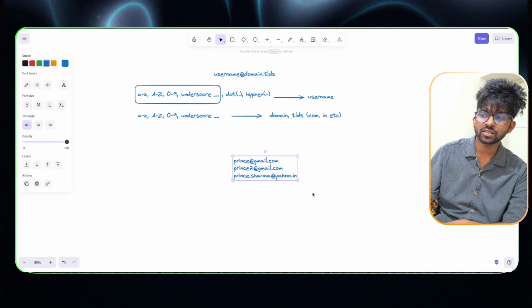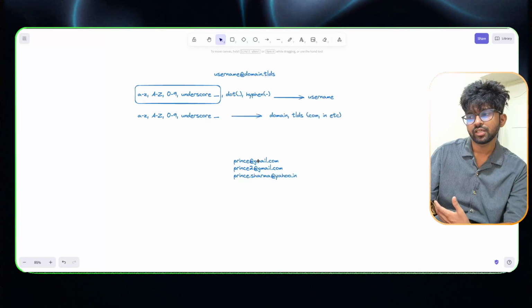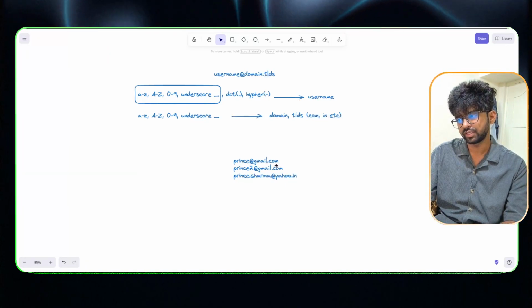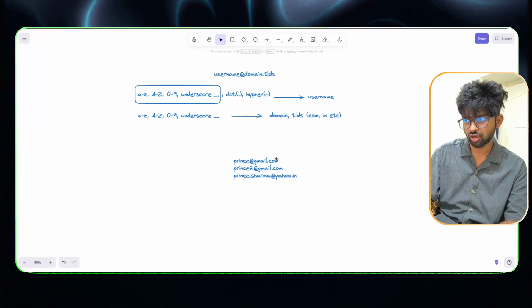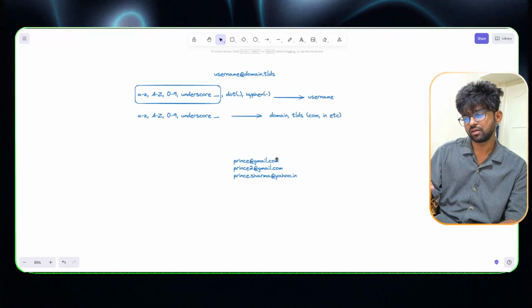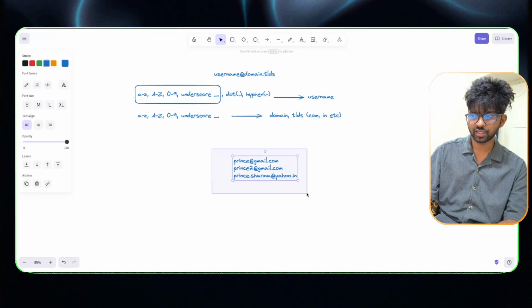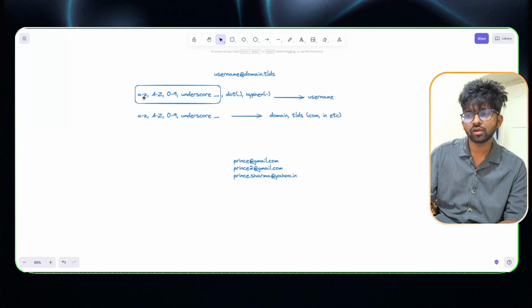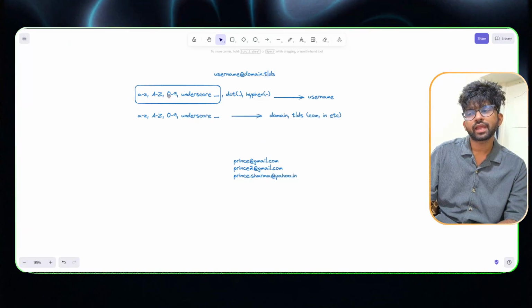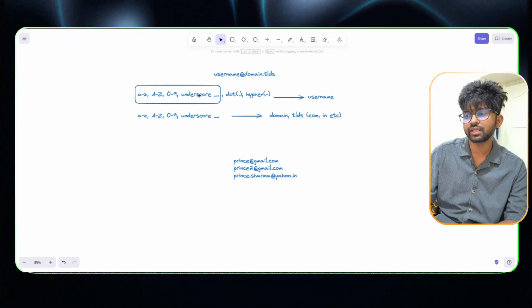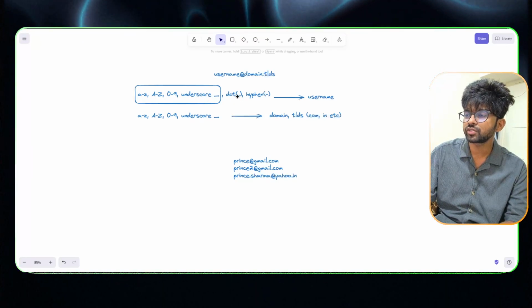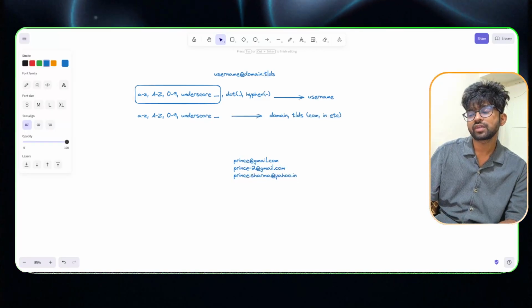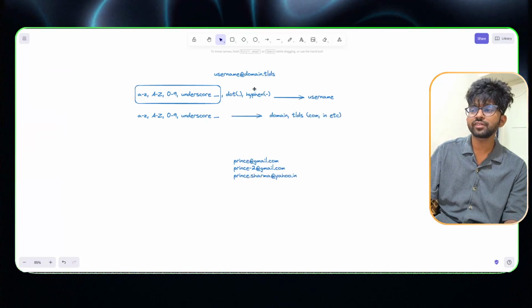If you understand the structure, we have the username, then at, then the domain name, and then a dot. After that there is a TLD, the top level domain, which can be com, gov, or gov.in, or whatever it is. So this is the pattern. In the username we generally see small alphabets, uppercase alphabets, the characters 0 to 9, underscore, and sometimes also a dot, and people tend to write a hyphen, for example prince-2. Okay, so considering this condition,